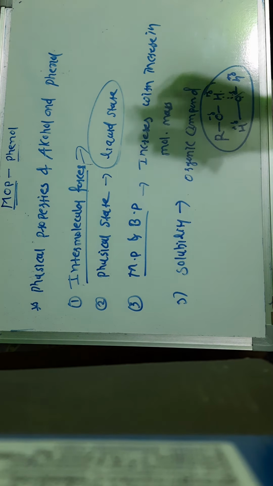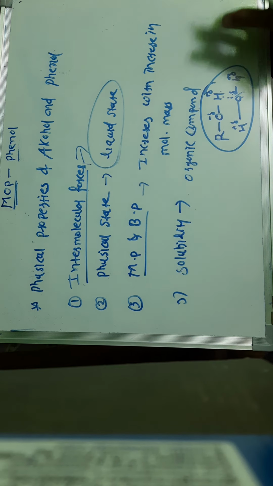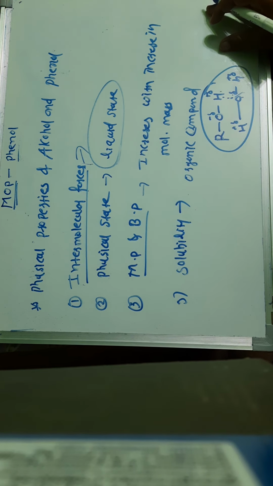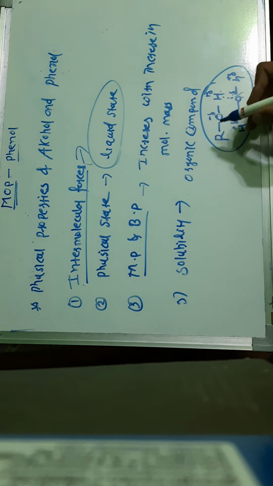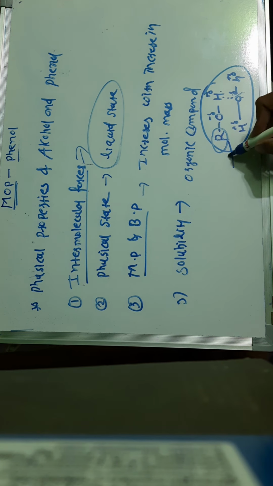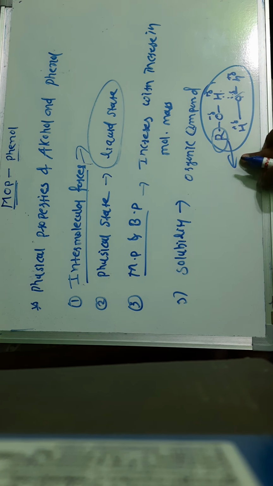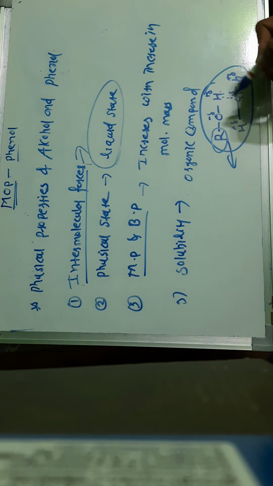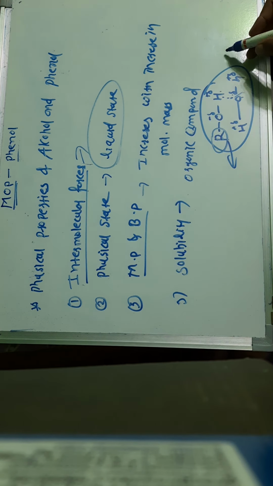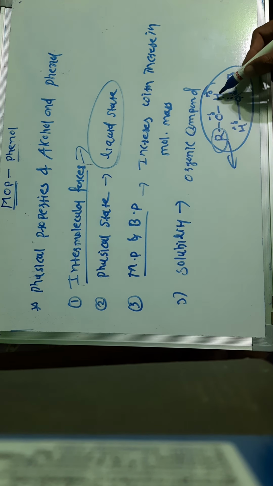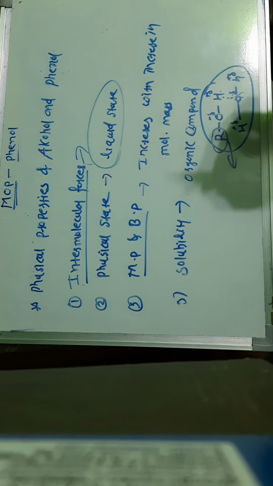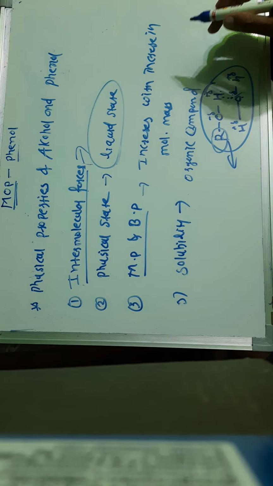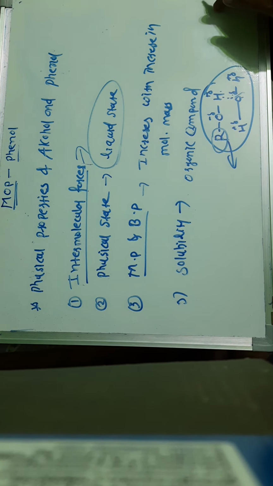Phenol can also be soluble in water, because phenol can also form hydrogen bonding with the water molecules. But when the length of the alkyl group or number of carbons increases, the polarity of the OH group decreases. If the polarity decreases, then there is no formation of hydrogen bonding between the water and the alcoholic species. So their solubility decreases with increase in the number of carbon atoms.